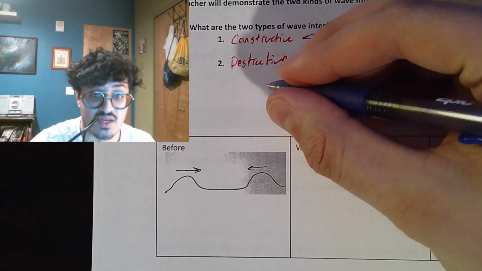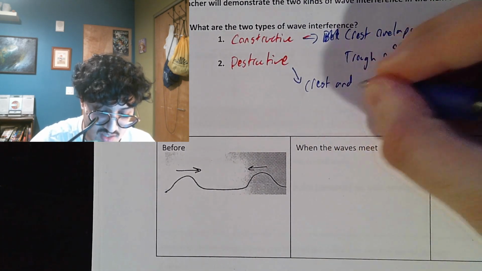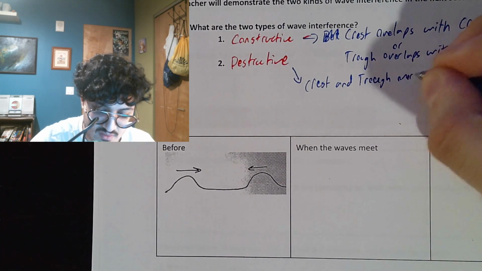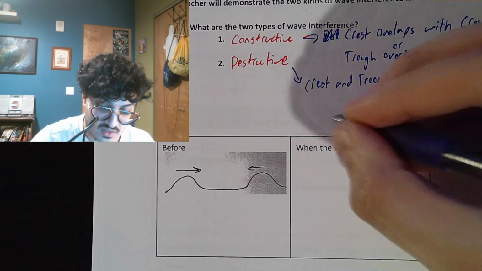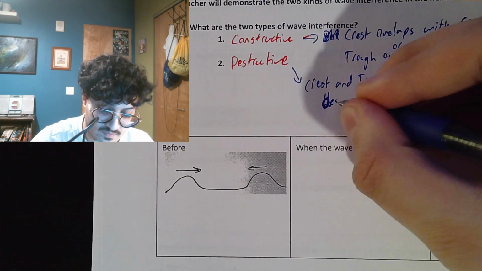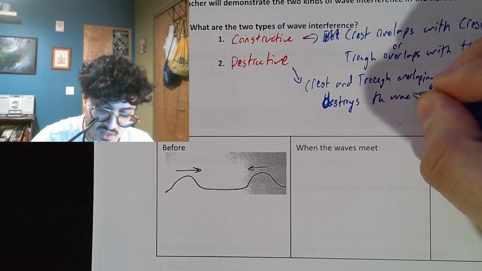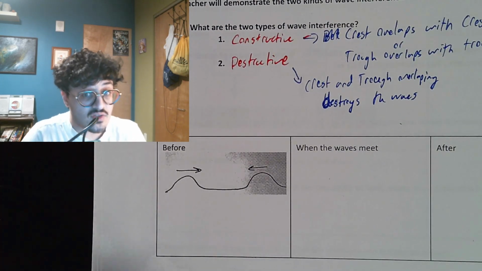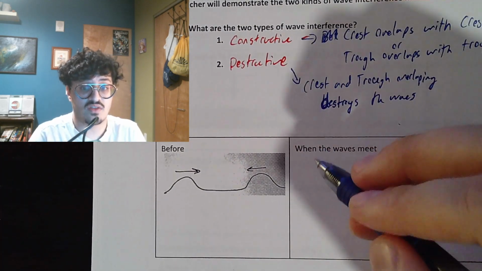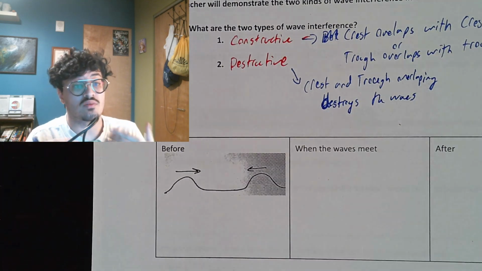In other words, when we have our destructive interference, this is a crest and trough overlapping, and it destroys the waves. Note how after a wave is constructively interfering or destructively interfering, it will always return to just moving